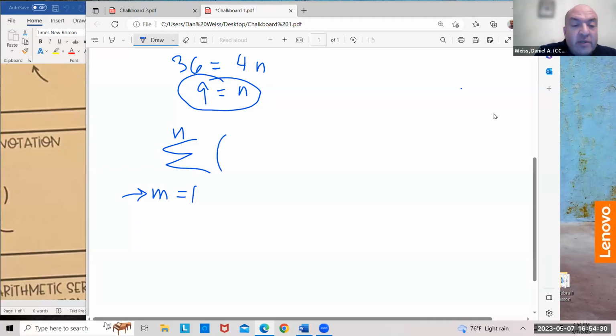Okay, so I'm gonna use M, and now what's here is gonna be D, the common difference, okay? Times N, and we're just gonna say plus this B. Just put B for now. I'm gonna tell you what that B is in a second. So hopefully you put that in your sigma notation formula.